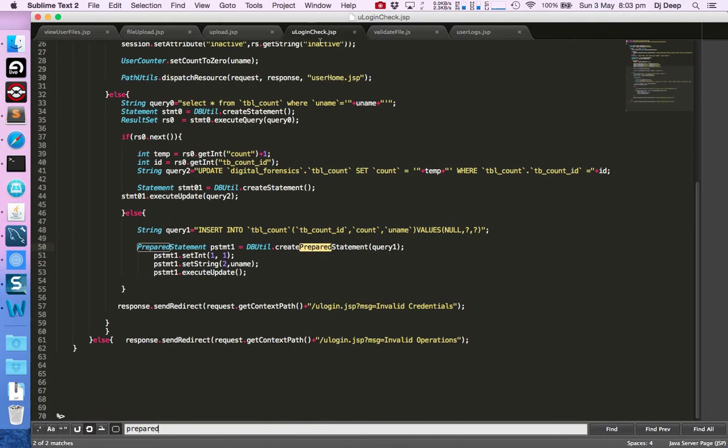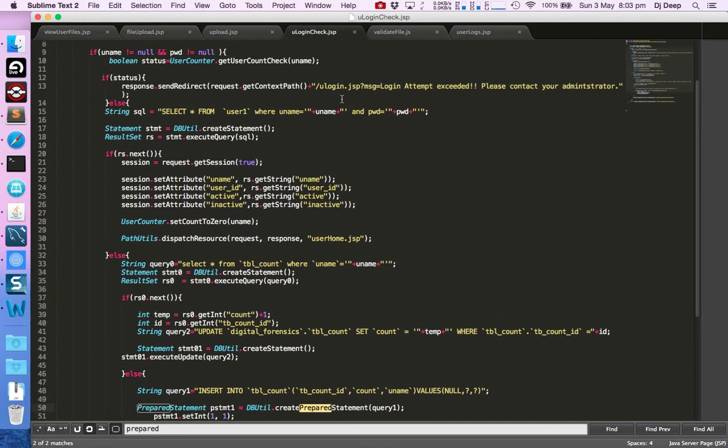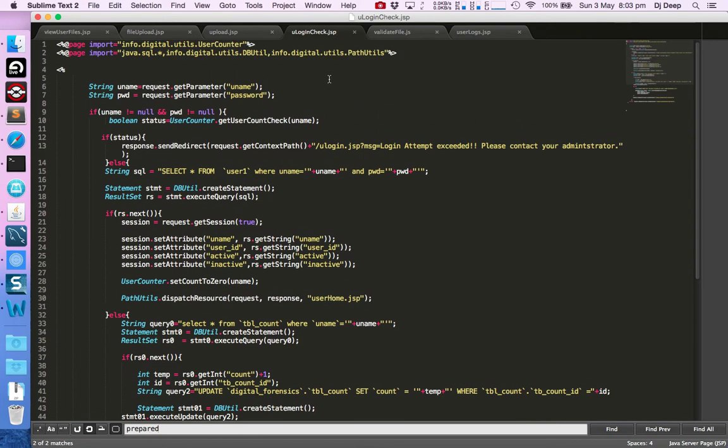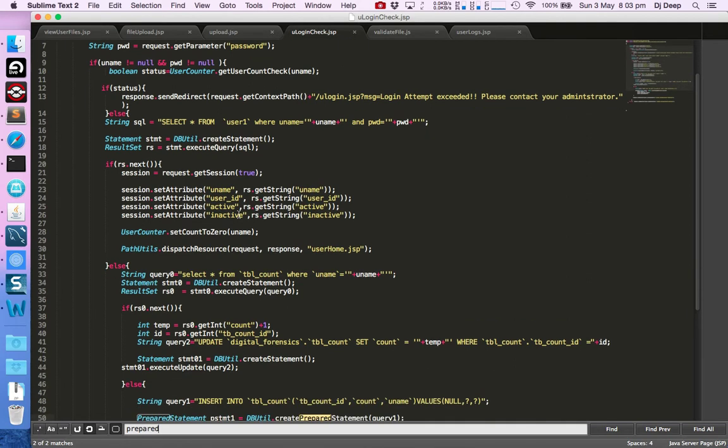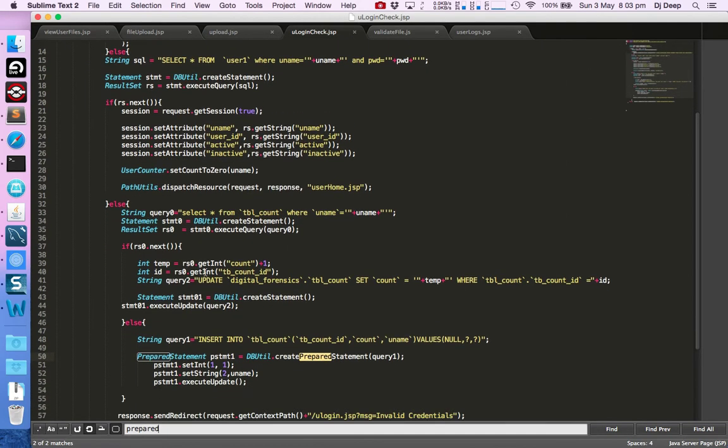Going further to the code, this is how I'm authorizing the user. I'm going to select the user from the database, and I have used prepared statements to avoid SQL injection.